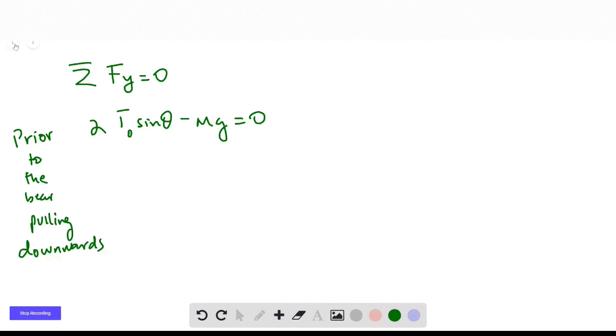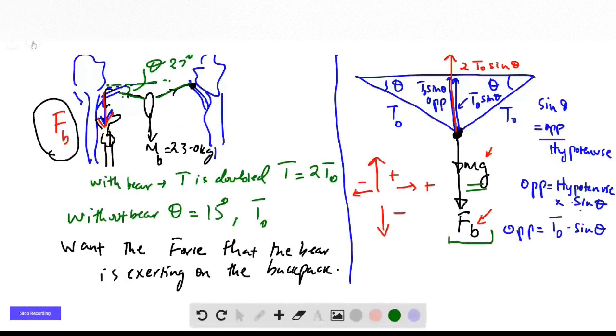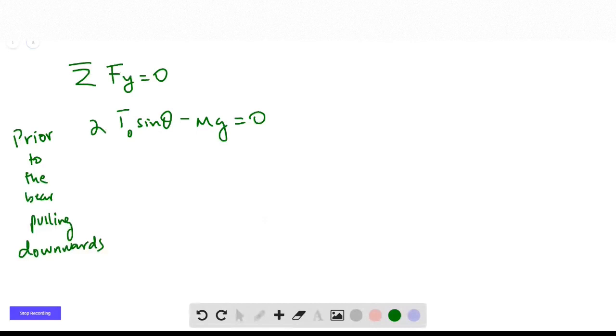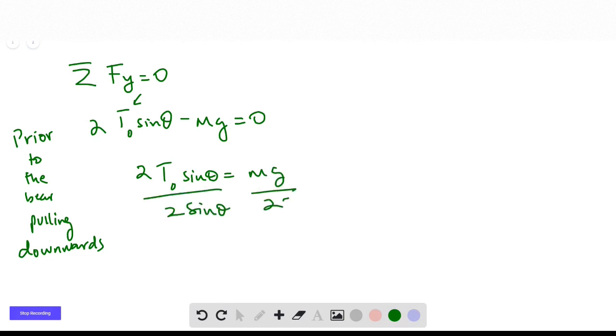The force supplied by the bear is going to come in the second part of the problem. Again, in simplifying this problem, we want to solve for this tension. So we're saying twice T naught sine of theta equals mg. Then we divide both sides by 2 sine theta. So the initial tension is mg over 2 sine theta,